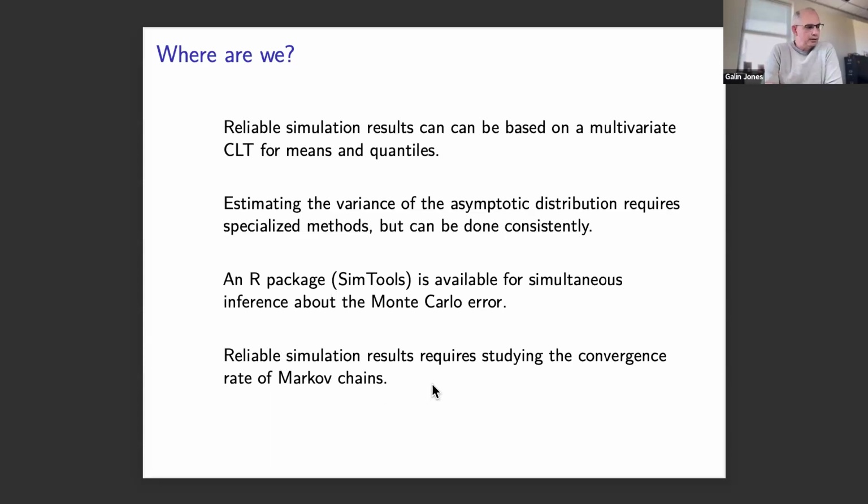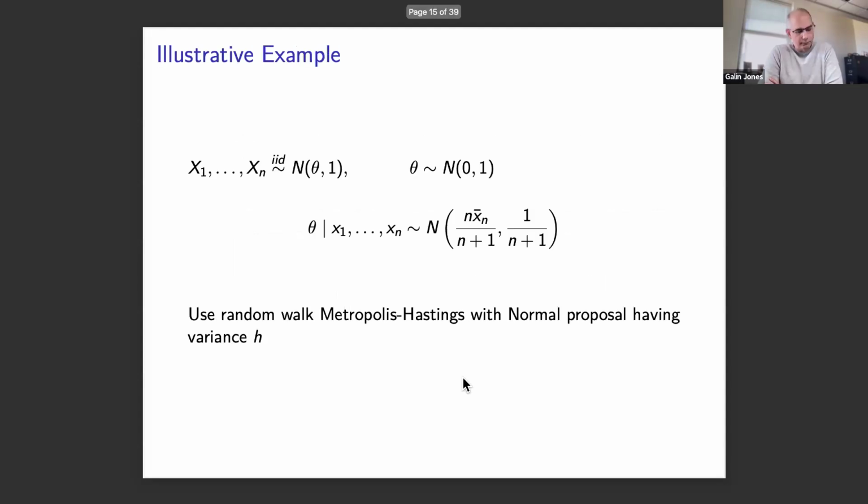And then reliable simulation results are going to require studying the convergence rate of the Markov chains. That's really going to be the rest of the talk. We don't do it just because we're interested in the convergence rate. We do it because ultimately we're interested in doing reliable MCMC simulations. Okay. So in thinking about convergence rates,